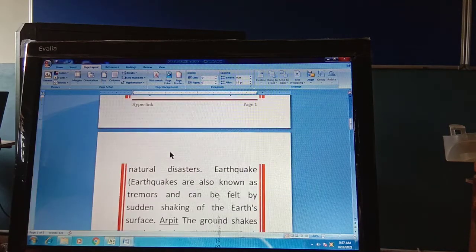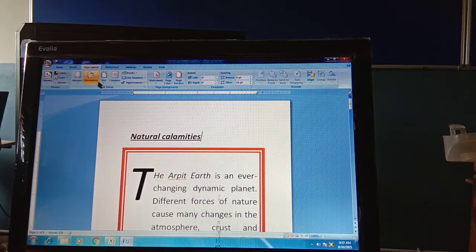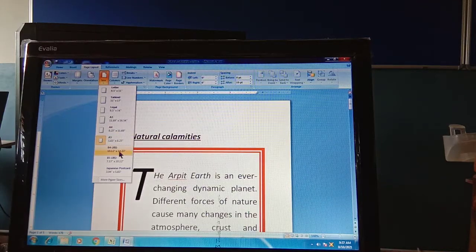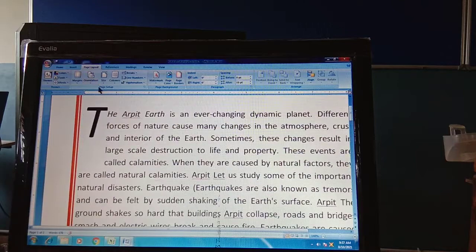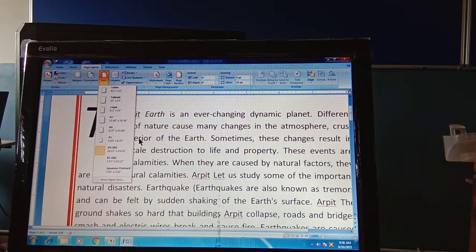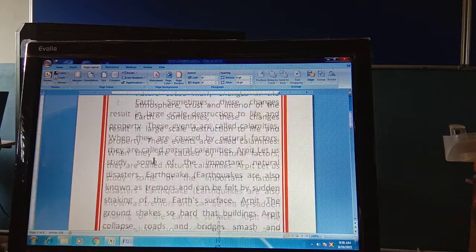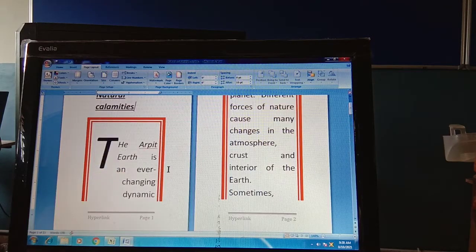Okay, A5 page is also there. It's a very small page. It is smaller than the A4 size. Okay, and this is also a page that is of different size. It depends on the size, length and width wise. Okay, B4 size and B5 size page is also there. Okay, this is a difference between the size only. The name is different because of size.